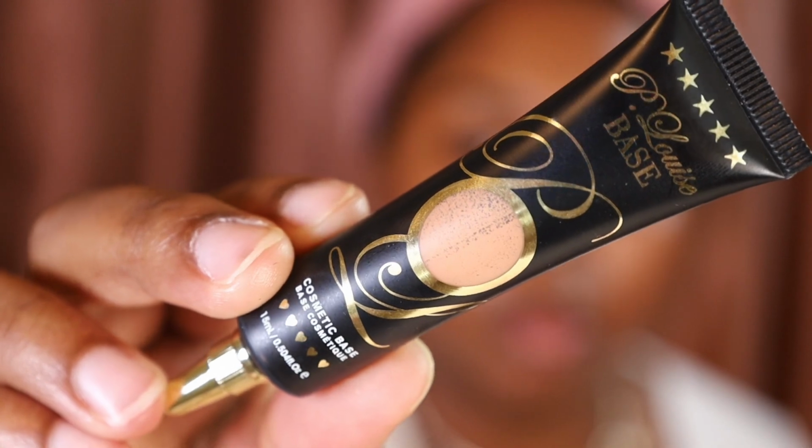And I'm using the shade Mochacinno. So they try to do like a more coffee inspired brow product, and this is literally like a perfect brown shade where it's not too dark and not too light. It literally looks so natural. The formula on this is really creamy, and I hope in the future that they come out with a smaller pencil, because this is giving very much like a brow definer. But the brows are nice and snatched now, so we are going to go ahead and prime the eyes